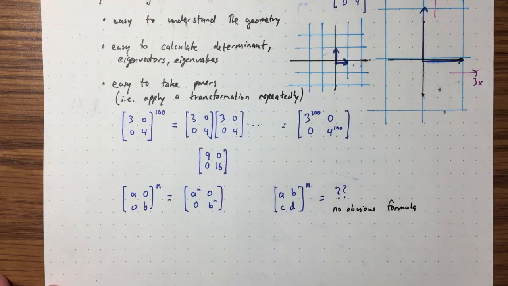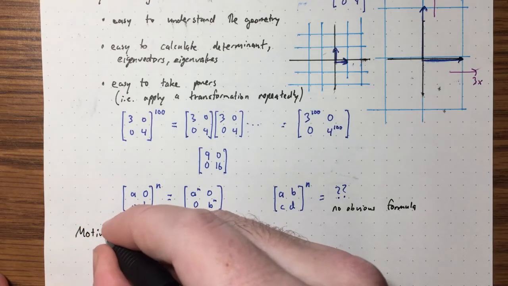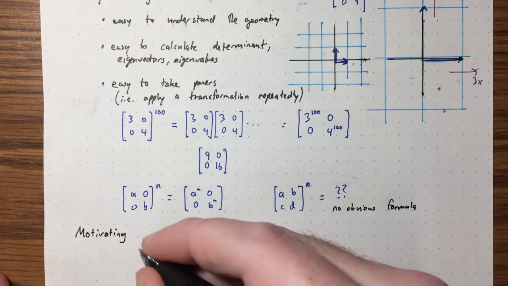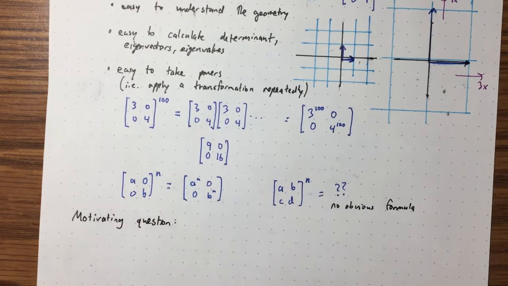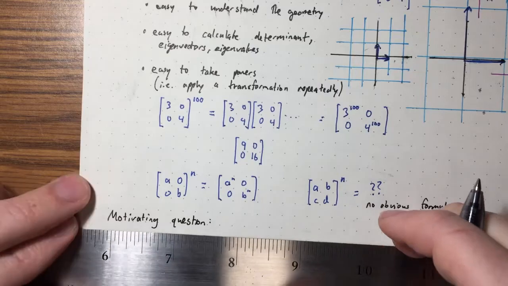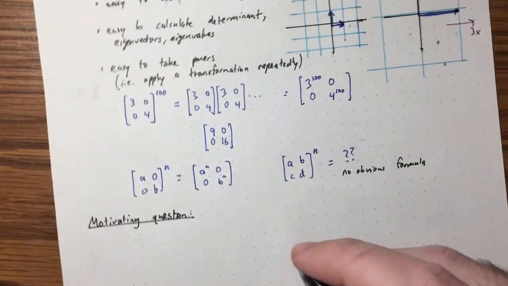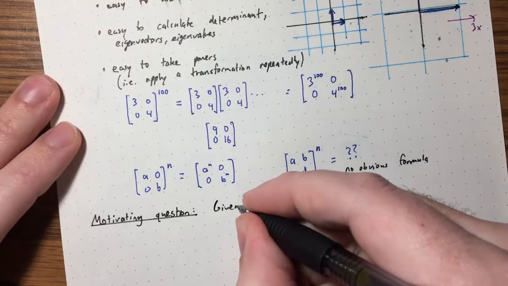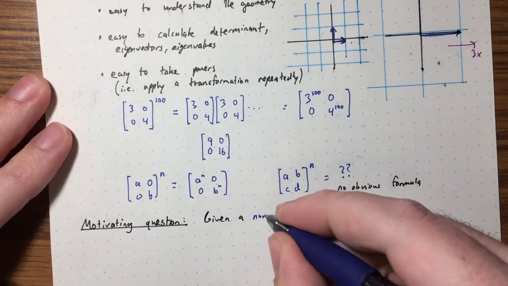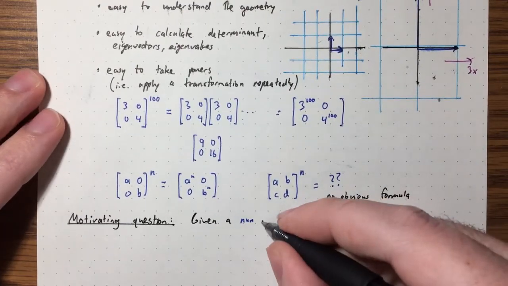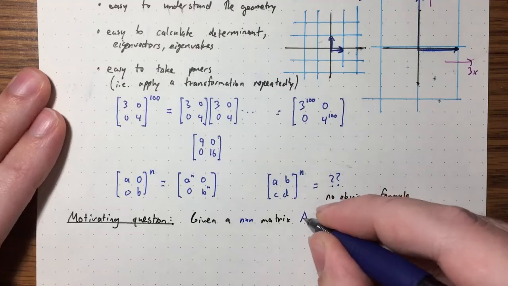So how does diagonalization come up? Well, let me give you the motivating question behind diagonalization. Let's say we're given a matrix A, an n by n. I want to emphasize that it's a square matrix. So we're only working with square matrices. So given an n by n matrix A,